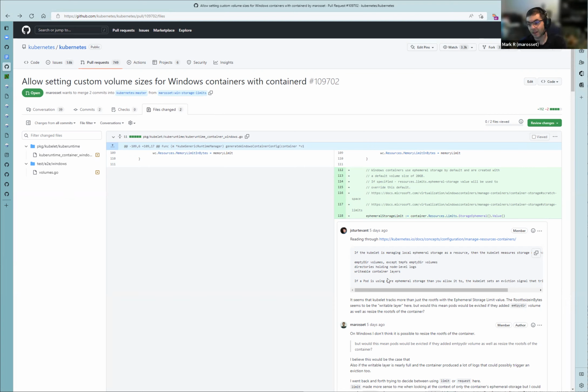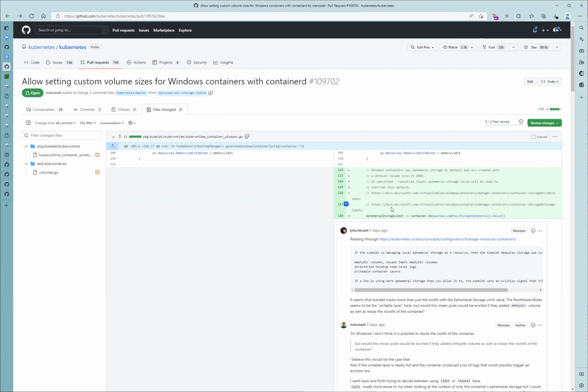If you set a limit for this ephemeral storage of 35 gigabytes, for example, once you hit 35 gigabytes in a sum coming from either what you've written to empty dir or that writable layer size, you trigger eviction. So it could be a little bit confusing in that sense.